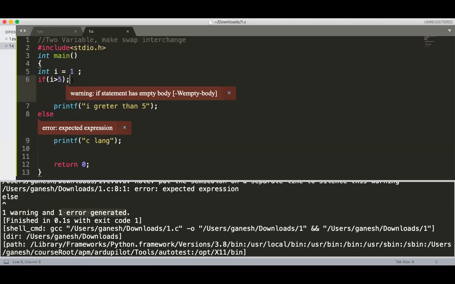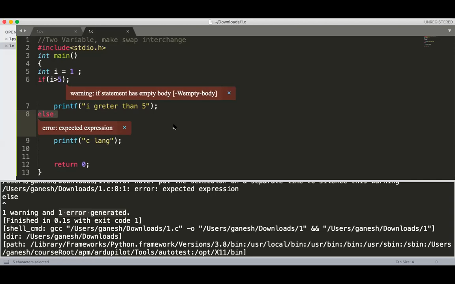Okay, because sir, you are saying that here the if is completed, and the compiler thinks that the if is completed, then what about this else? Yes, the else is orphan. There is no if associated with the else. Getting? Yes, sir. Okay, so you can ask me that doubt.